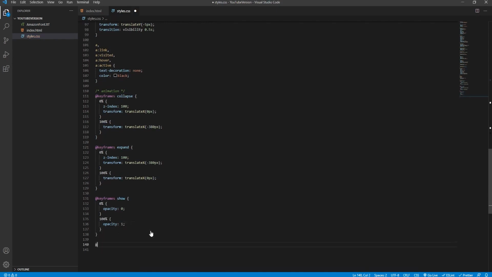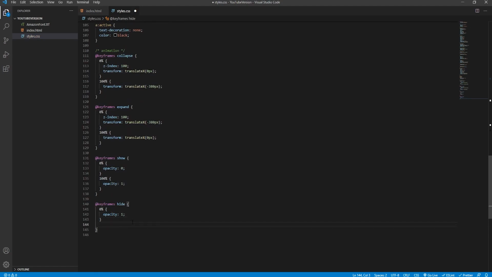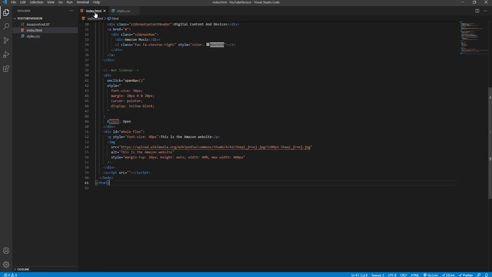Below this, we'll say keyframes hide 0%, opacity 1, because remember we're going the other way this time, and 100%, opacity 0. Okay, now I need to go to the JavaScript file, but we need to create the